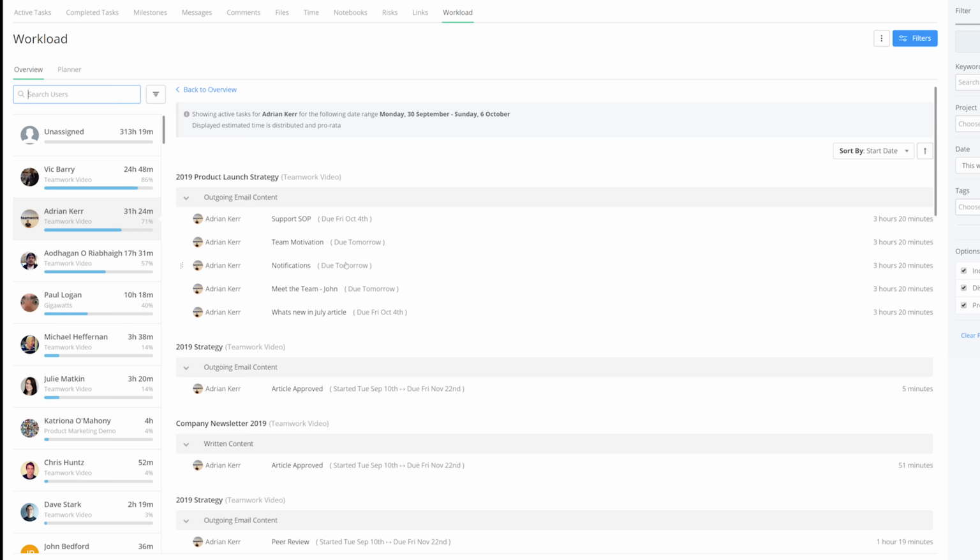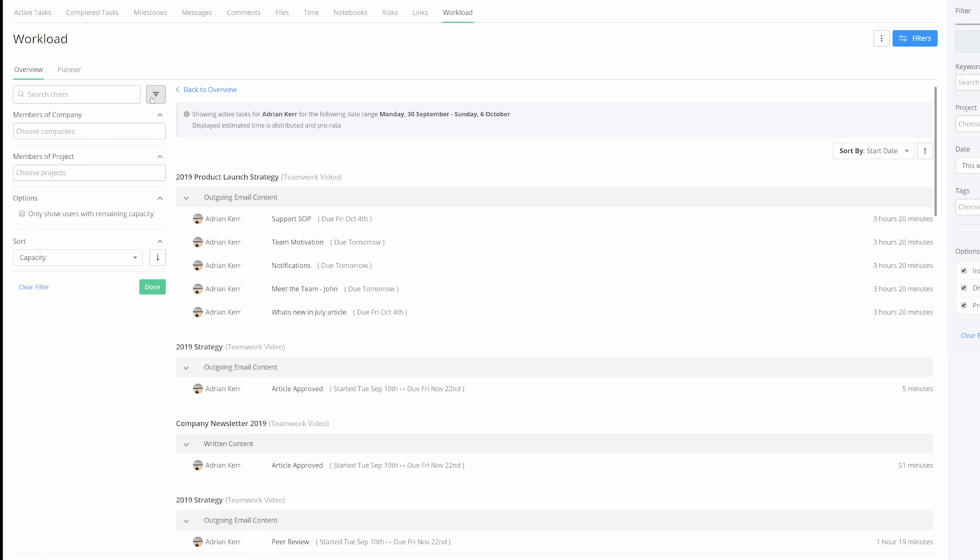We can see the start dates and due dates. And then over on the right hand side, we can see our estimated time. Over on the left hand side, we can see all of our users and their individual capacity, time, and percentage. We also have the option to easily filter, so we can search, or we can select this filtering option, where we can filter by company and project. We can choose to only show users with remaining capacity, and we can also sort this list by capacity, name,